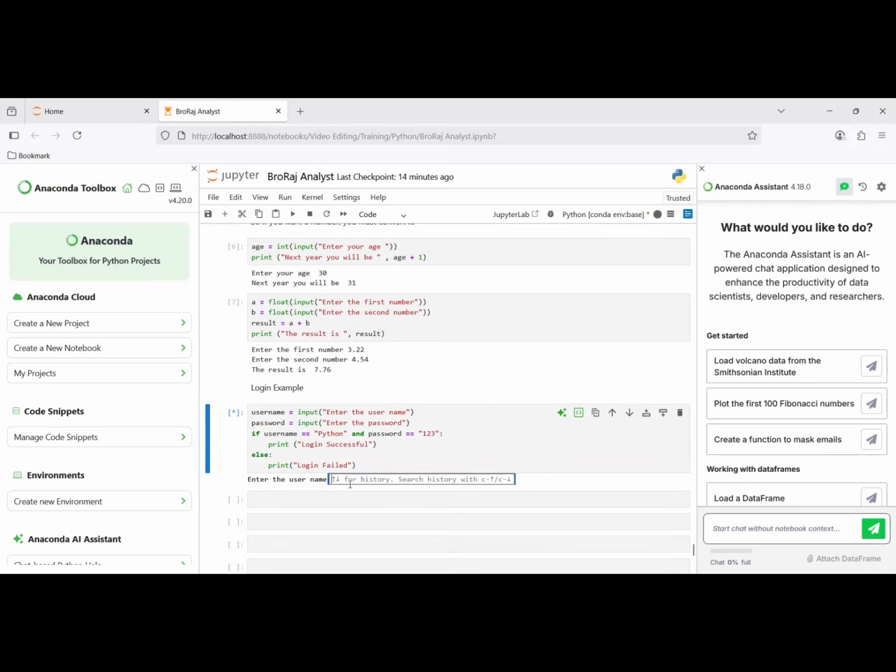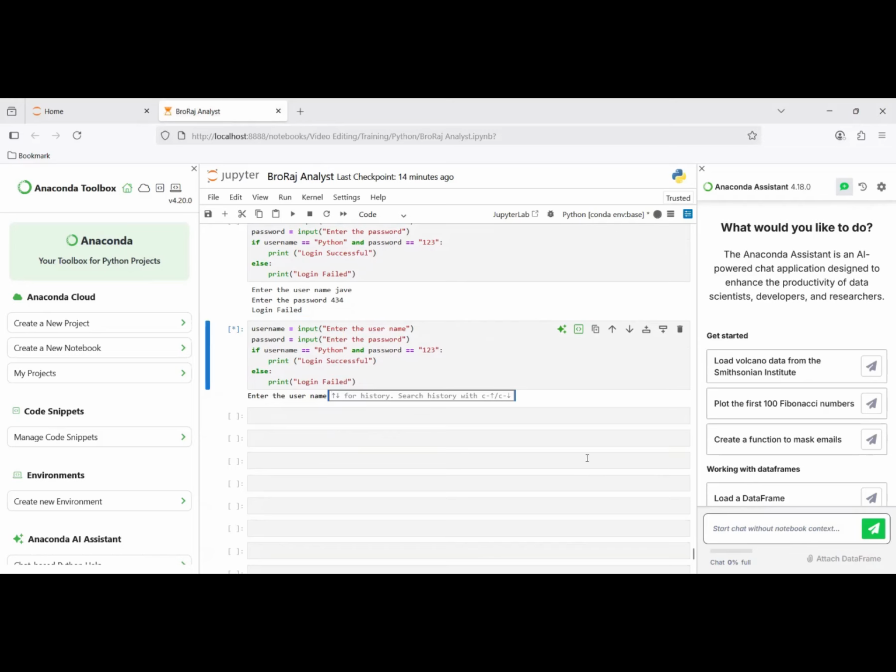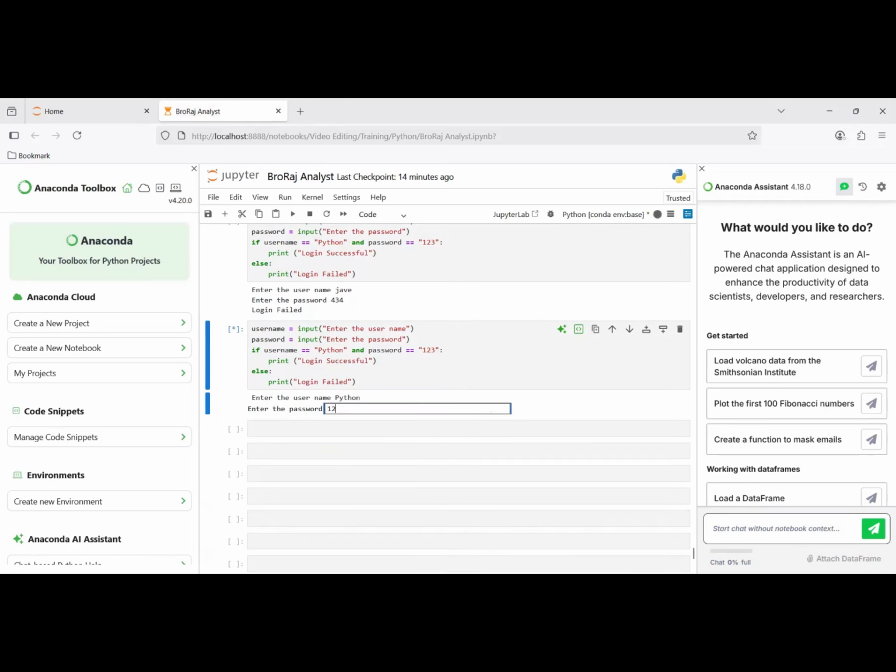So it is asking to enter the username. You can write it wrong first itself. You can write the username as Java, and you can enter the password as 423434. You got it as login failed, isn't it? You can copy and paste it once again. You can execute it once again, and this time we can give it correct Python and 123, and you got